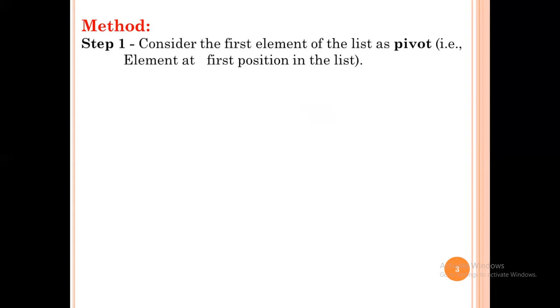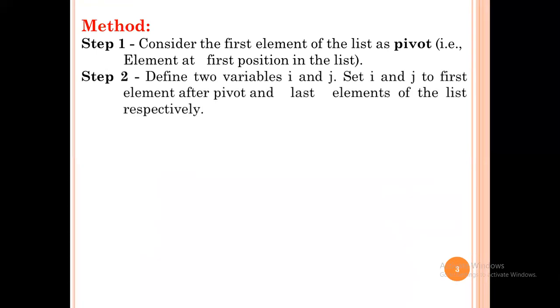The steps involved in the quicksort method are: first step, consider the first element of an array as the pivot element. Define two variables i and j. Set i and j to the first element after the pivot element and the last element of the list respectively. Increment i if pivot is greater than A of i. Otherwise, stop the increment